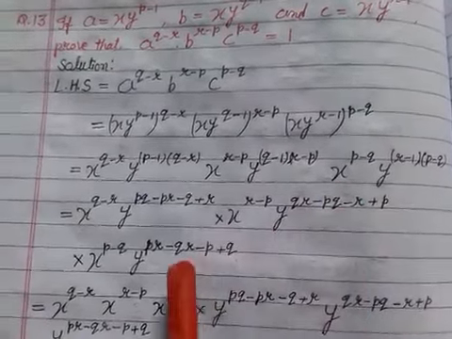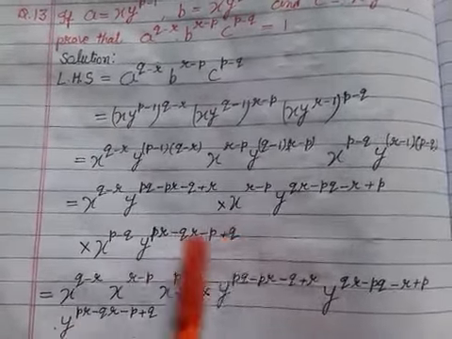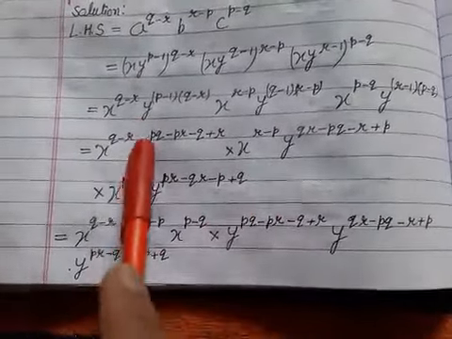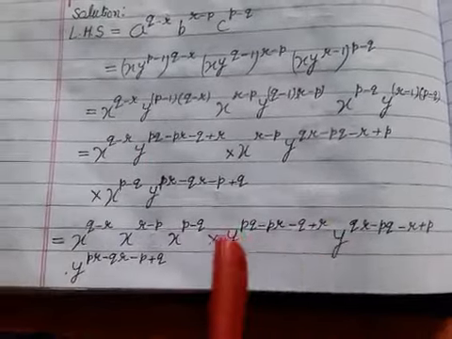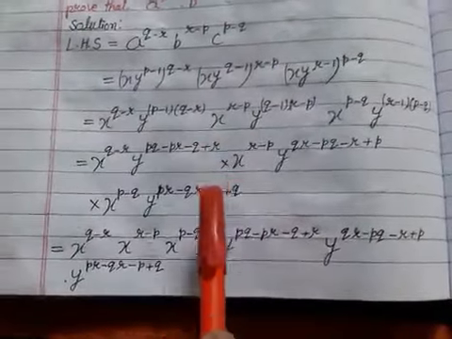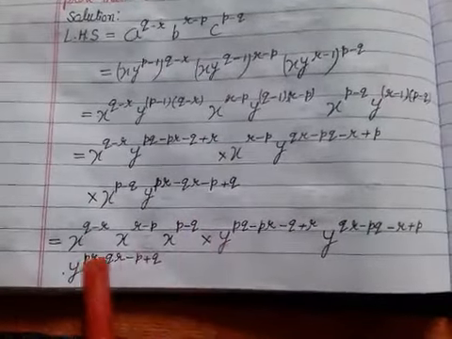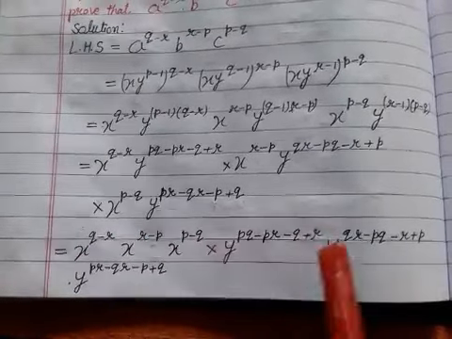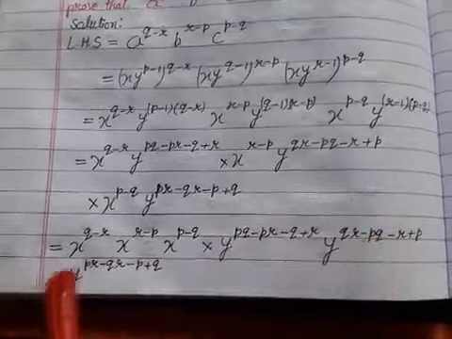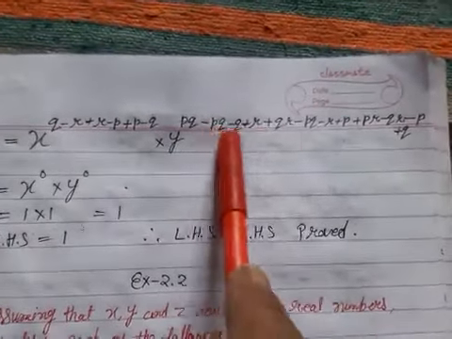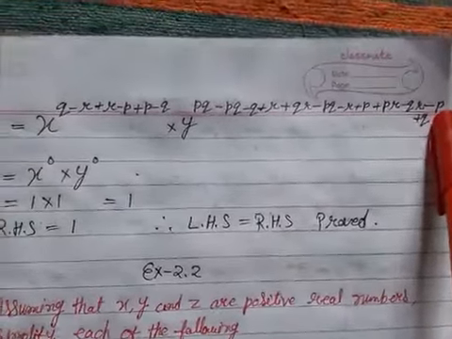So here we got this value. Okay, we write all the x exponents on one side and the y exponents on the other side, with a multiplication sign. There is no sign, so we can use the multiplication sign. Okay, now the bases are the same, all the x's bases are the same, and all the y's bases are the same, so we add all the powers of x, and here we add all the powers of y.